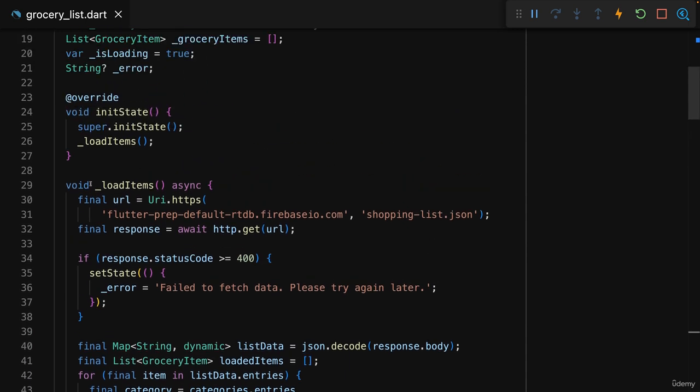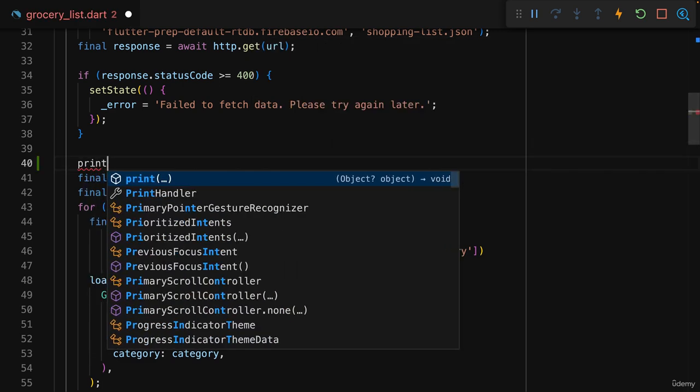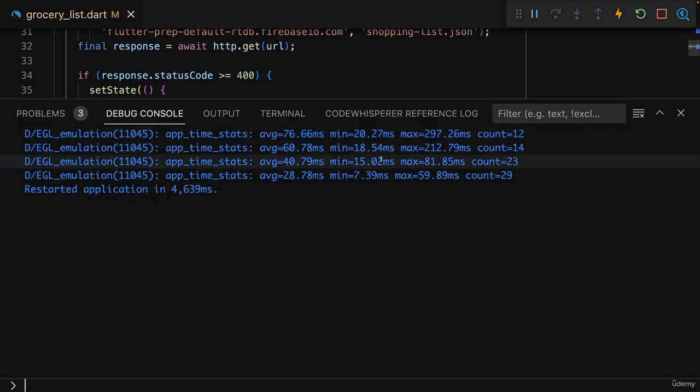But here in load items, I'm trying to decode my response body. So I'm trying to decode that data which I'm getting back from the backend. And I'm telling Dart that the decoded data will be a map where I have string keys and different kinds of values. The problem is that if I have no items on Firebase, response body won't yield such a map though. Instead, if I print response body here and I restart the app,